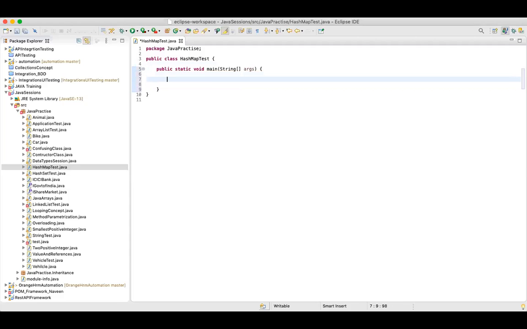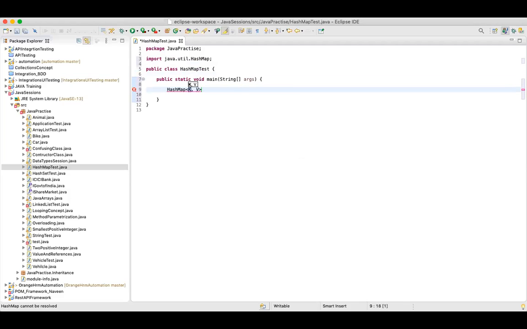How do we create it? I'll say hash map, and you can define K and V, which are key and value, like this: open bracket K comma V. Here we have to specify the data type of the key and of the value.